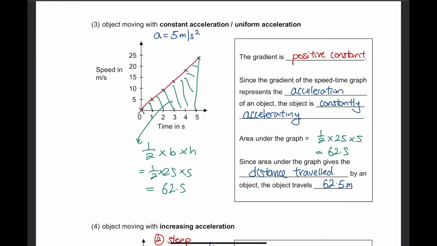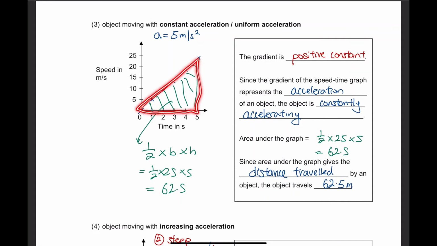So therefore, when we link all the points up, we can see there is one straight line down here, but it is not horizontal. There is a value to the gradient, and the gradient down here that we know is 5 meter per second squared. This is a constant positive value, so therefore the gradient means that there is a constant acceleration value. So the object is just constantly accelerating, and the area under the graph for a constant acceleration speed time graph is just the area of a